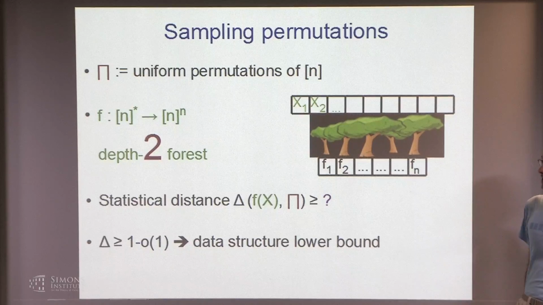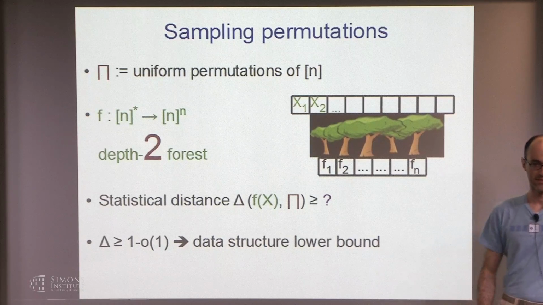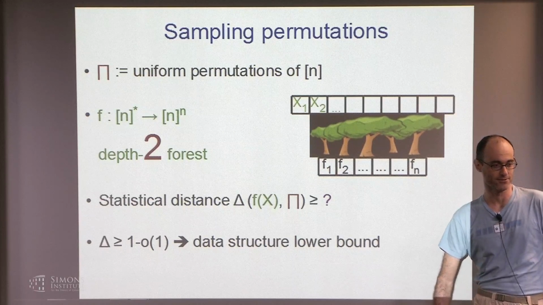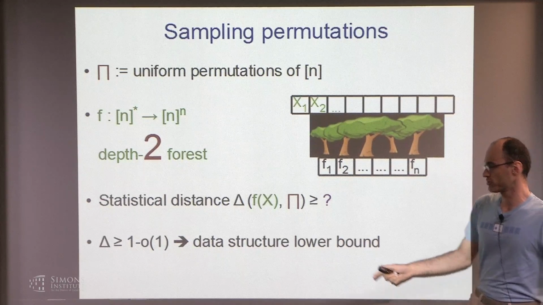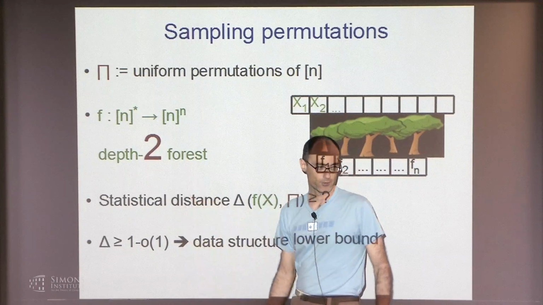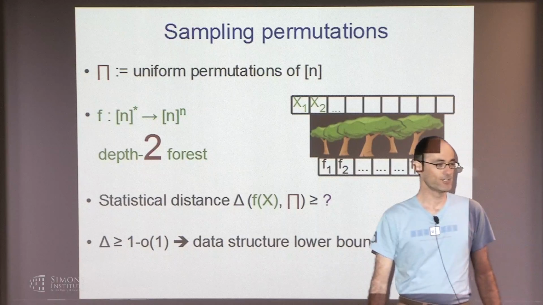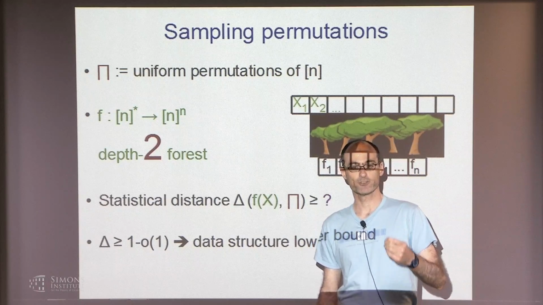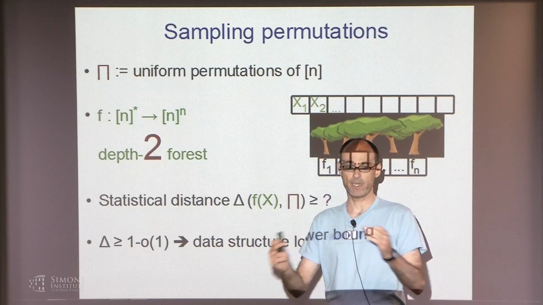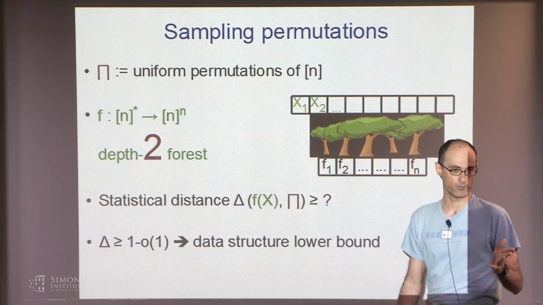These bounds are known for non-adaptive trees, but even if you make 2 adaptive probes, I don't know how to prove them. So hopefully someone can. But you need much higher depth to get a good data structure lower bound. Yeah, so 2 would just give you a lower bound for 2 cell probes, which is unknown. So it's consistent with, at least my knowledge, that you can store a permutation with 0 loss in space and answer each query with 2 probes. I don't know how to disprove it.